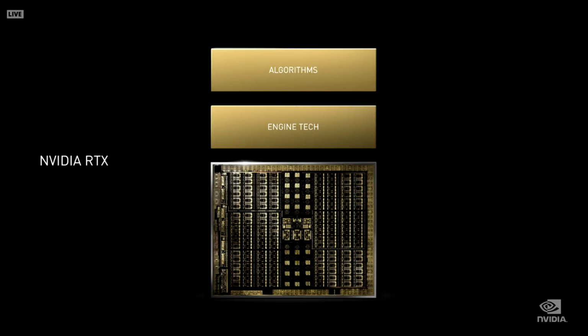It includes new engine tech and a bunch of new rendering algorithms. RTX is a home run. All major 3D APIs have been extended for RTX. RTX is supported by all major 3D tools. RTX tech is incorporated into all major game engines. There are hundreds of games in development and thousands of research papers of new rendering and AI algorithms enabled by